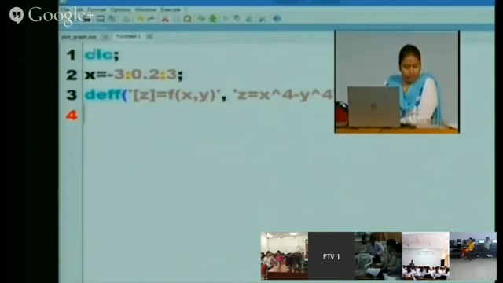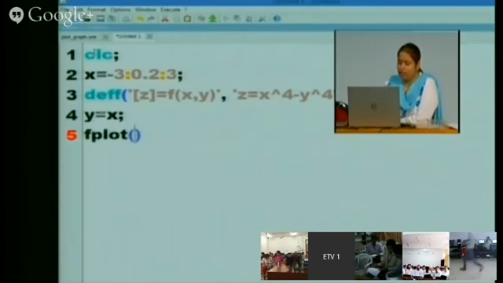Then y is equal to x. Then fplot. Similarly, as I earlier told, if we are using the function, then I have to write fplot3d, x comma y comma f.